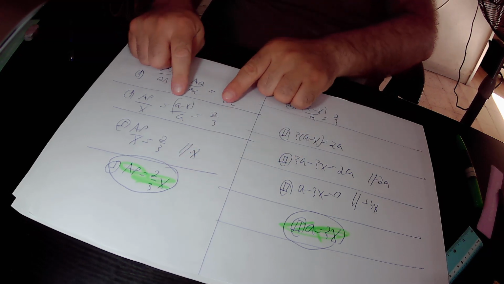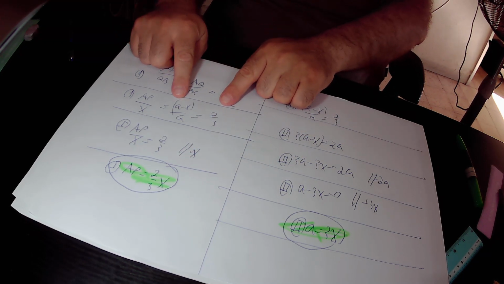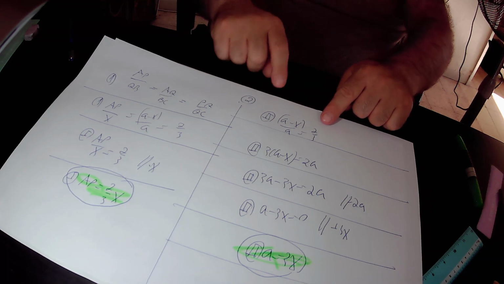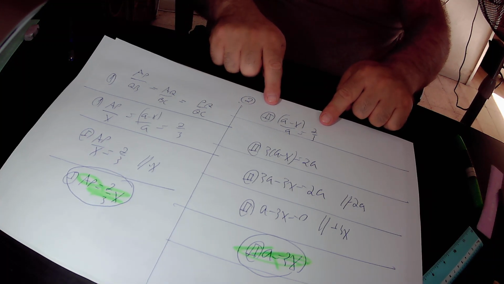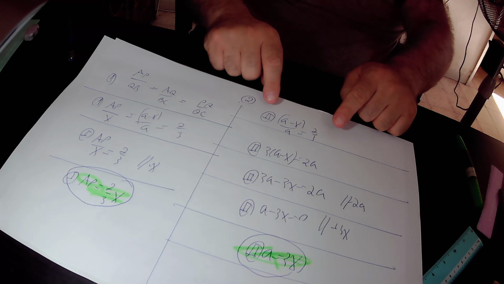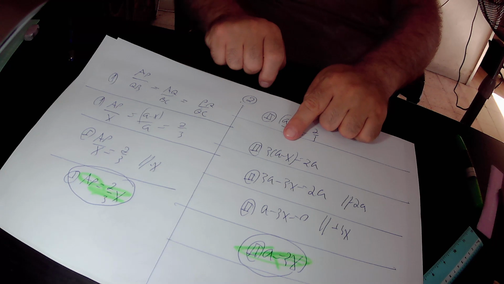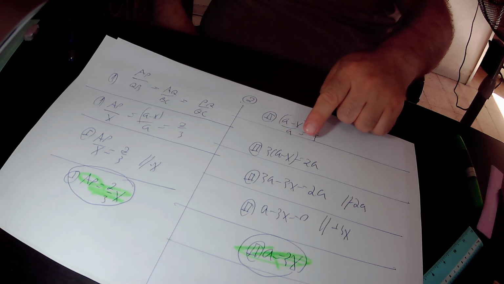So those two expressions are also equal to each other, so we can get equation 2 from them. According to equation 2, A minus X over A equals 2/3. Here we multiply equation 2, and find that 3 times A minus X equals 2A. We open the brackets on this side of equation 2, and find that 3A minus 3X